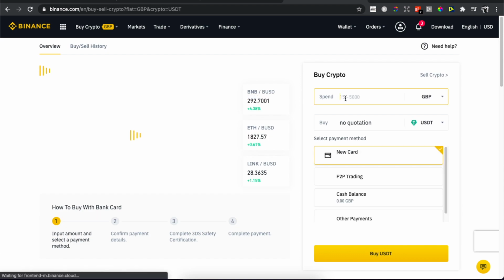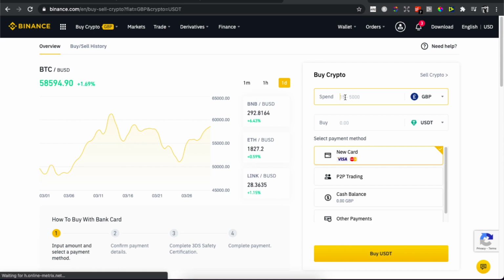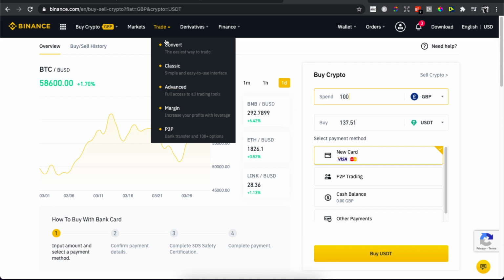So as you can see, for example, the currency is British pound. Let's say I got 100 pounds on my account. You can see here it will be 137 USDT, and you then need to press Buy USDT. And then when you have USDT, you need to go to Trade, then Convert,